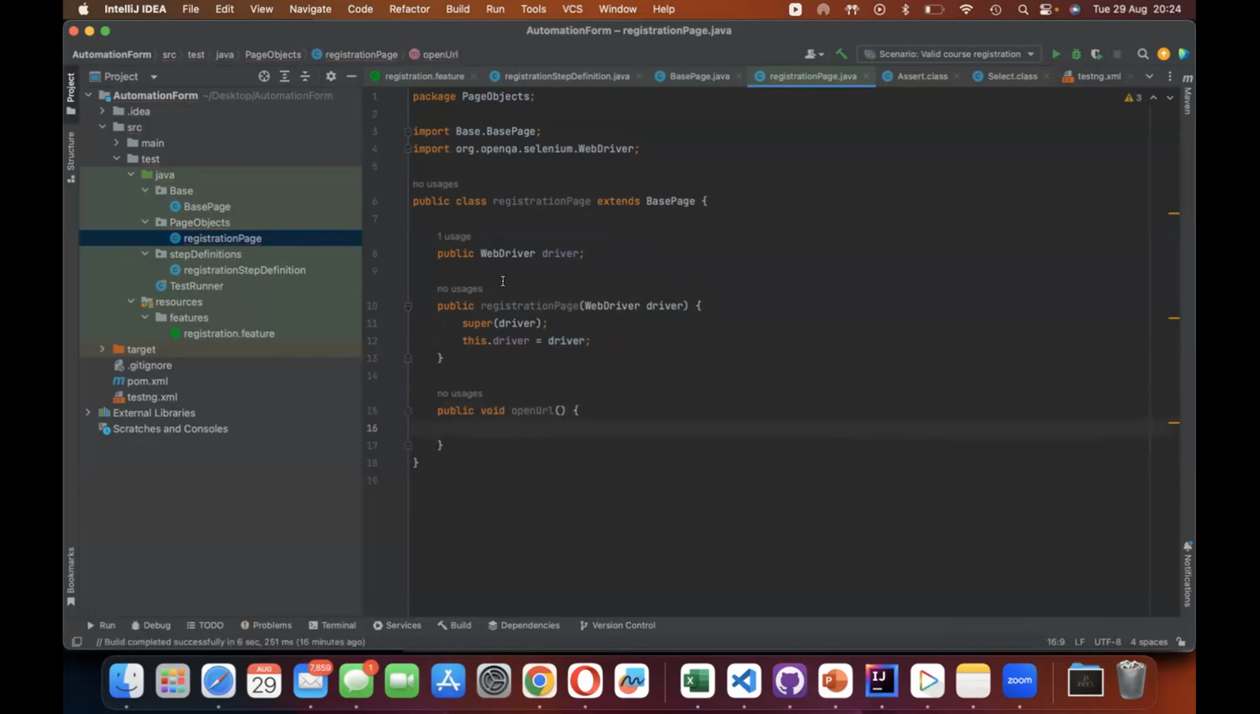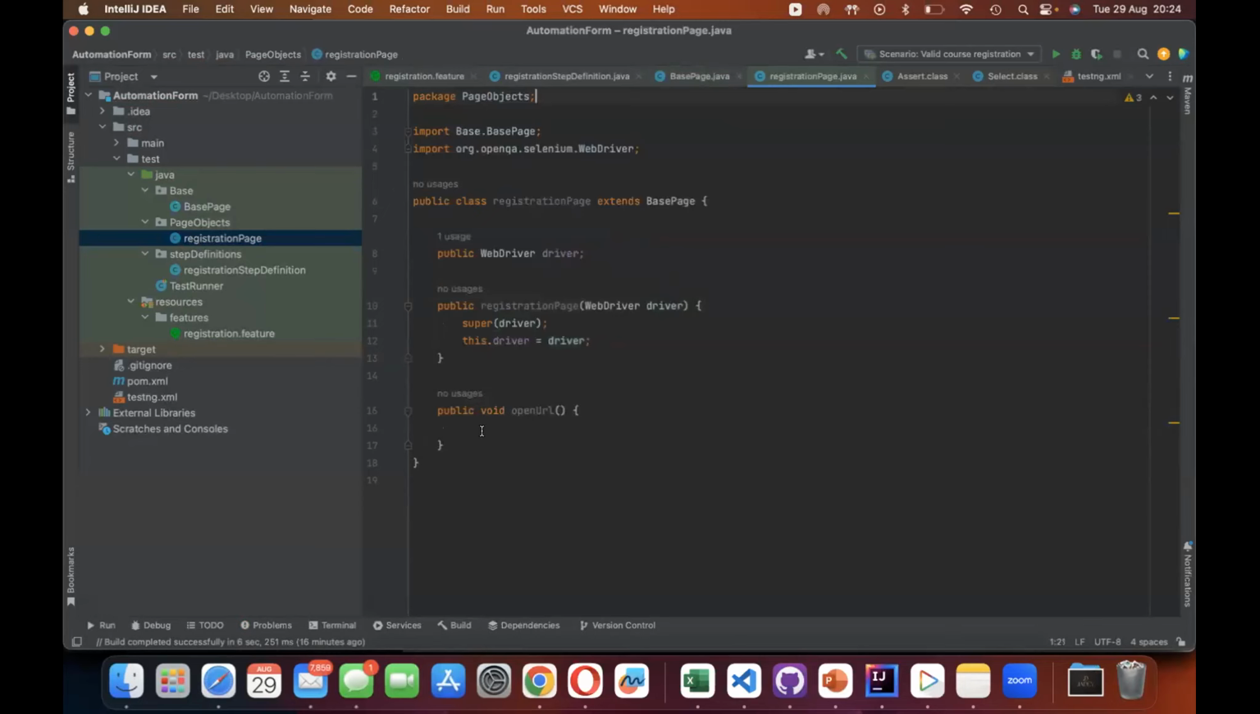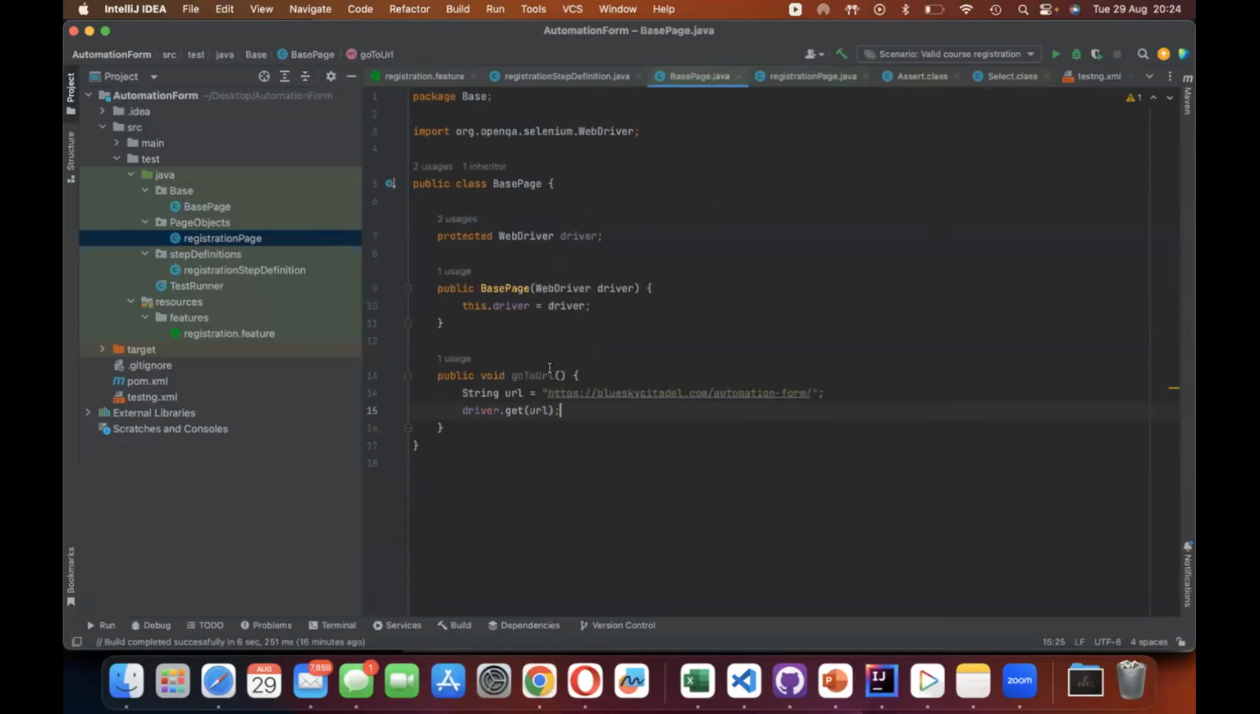And I'm just going to call the method that I have in my base page that is called goToURL. And just in here, I'm going to say go, good. You can already see it popping up here, goToURL. So assuming I did not extend the base page here, I wouldn't be able to pick up this goToURL method